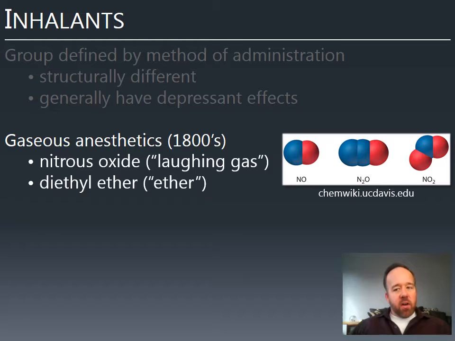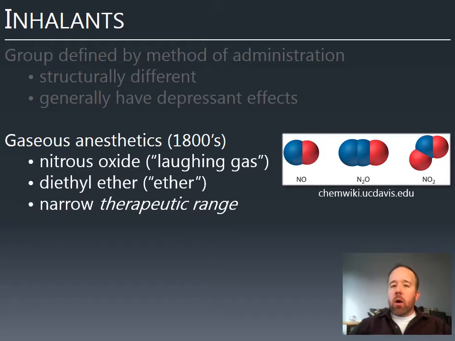But again, it's very difficult to get the amount right, which is to say that anesthetics have a very narrow therapeutic range. That's why you have a whole class of doctors called anesthesiologists. A lot of factors come into consideration regarding the individual, regarding the anesthetic being used, and we still don't have a great take on why anesthetics have the effect they do. They're one of the most mysterious classes of drugs in terms of how they have their effects. We just know that they tend to put people to sleep. But they can be very dangerous, and so that's why we have specialists that work with anesthetics.